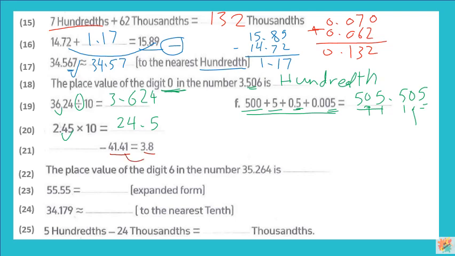Question number 21. Which number minus 41.41 equals 3.8? يبقى انا two numbers دول هعمل منهم ايه يا مستر عشان اجيب البيج نمبر اللي هنا؟ برافو عليك ونعمل بلس. So it will be 41.41 plus